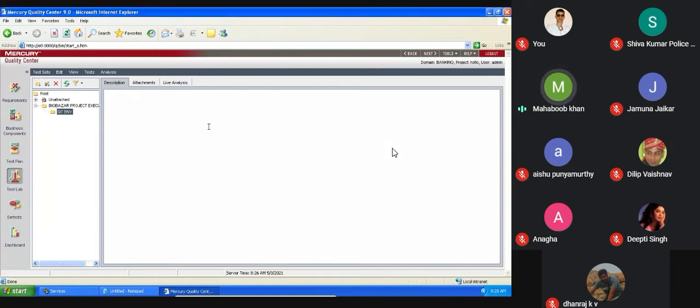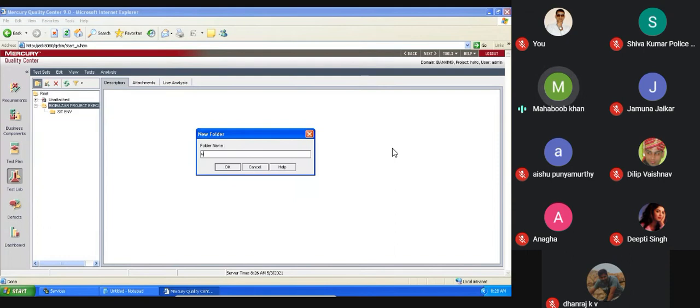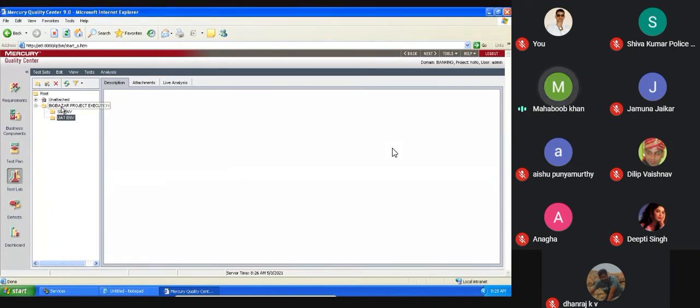Okay, environment specific. First SIT environment, then he will try to create the UAT environment. Okay, two environments. Now, if a build comes to the SIT environment for the very first time, which module do you need to execute? In SIT only. So imagine you need to execute all the test cases in the SIT environment.